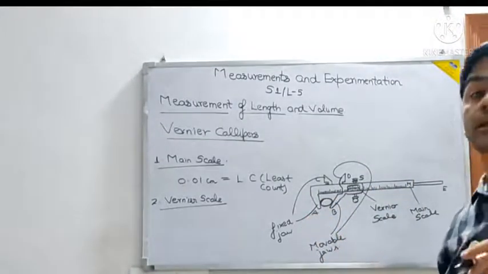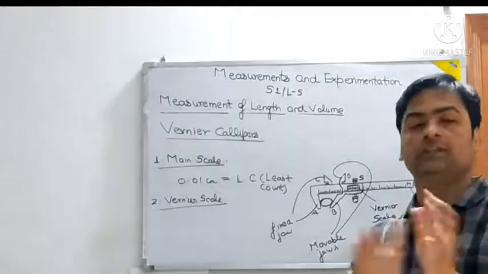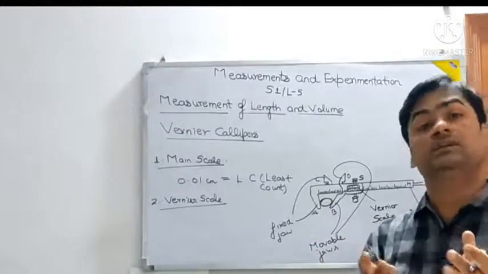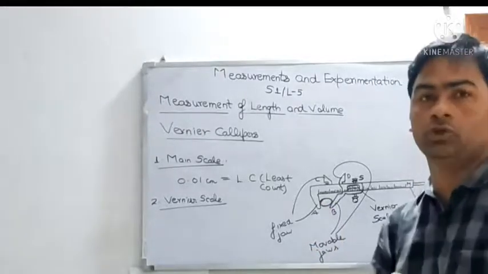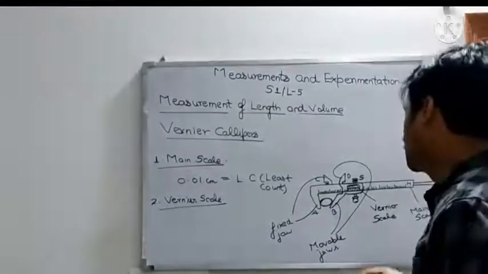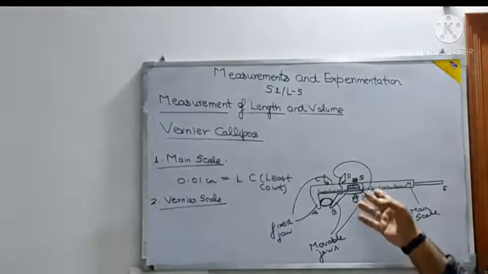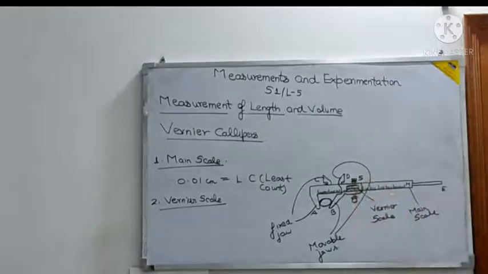We'll calculate the least count, the pitch. The least count we fix first by measurement only. Then we calculate the main scale division and the coinciding division. I will explain all these things by solving numericals and also in the measurement part. So this is the vernier scale, sliding on the main scale.